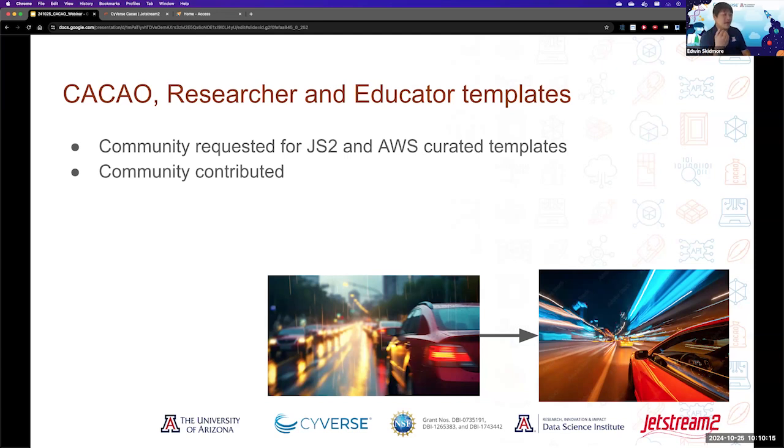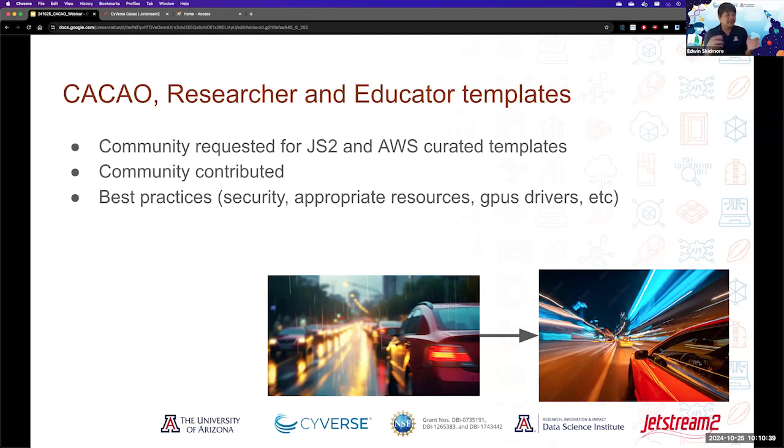Generally, these are created by researchers or educators that have some technical know-how and are experts on what they want to create. But there could also be templates created by research software engineers, working in collaboration with these researchers or educators to provide them for the community. Next.